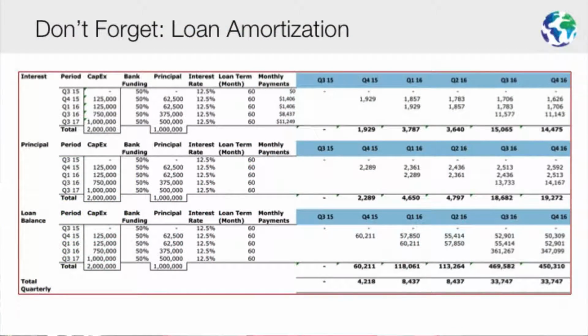Now, often what we see in GSBI is people forget about loan amortization. They have a nice projection and they express the need to borrow money, but they don't show the payback within their projection, and that's a red flag for investors. We have this template, it's available to you, so I would encourage you to get a copy of that and make sure that if you're going to have a structured debt of any type,